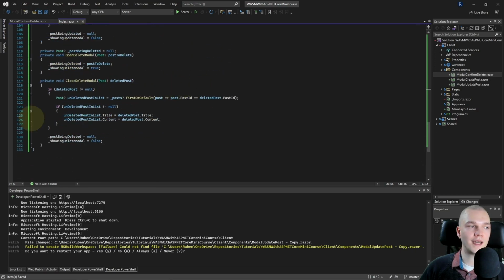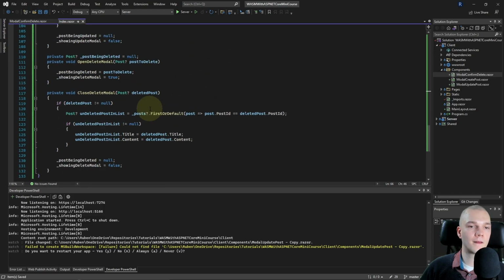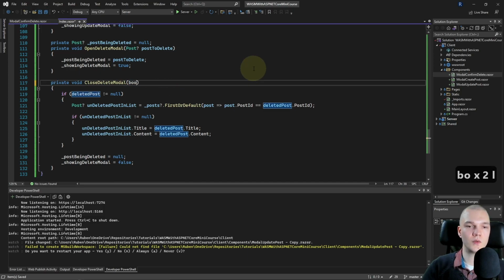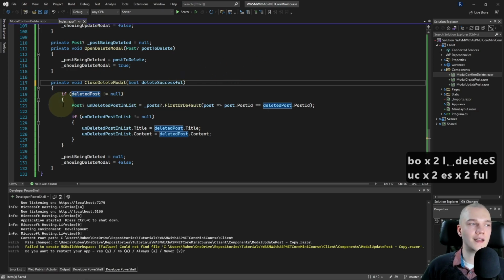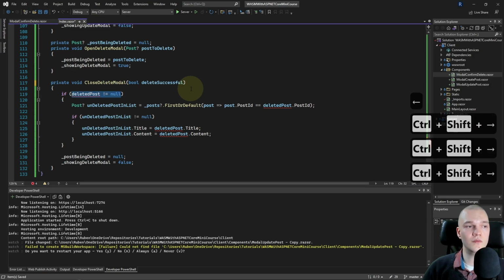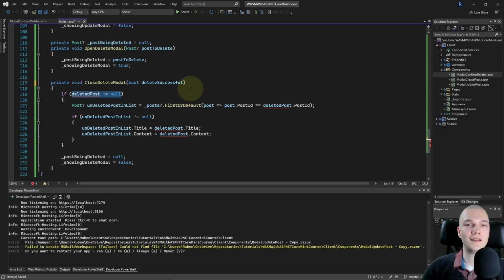I'll scroll down again, zoom in a bit, and in the close delete modal, I'll change the parameter to, instead of a nullable post, I'll do bool delete successful, and change the if statement to check if the delete was successful, and if so, remove the post being deleted from the posts list.